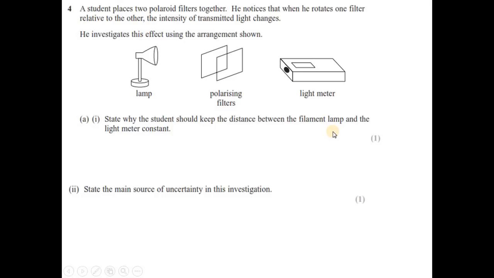A student places two Polaroid filters together. He noticed that when he rotates one filter relative to the other, the intensity of transmitted light changes. He investigates this effect using the arrangement shown. State why the student should keep the distance between the filament lamp and the light meter constant. That means, why should we keep that distance